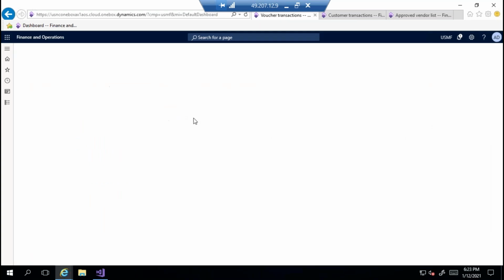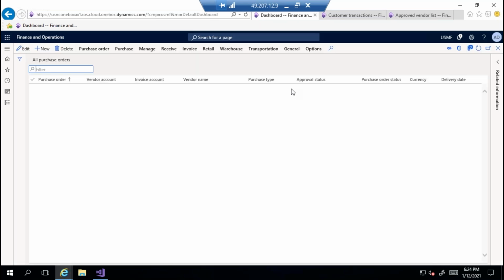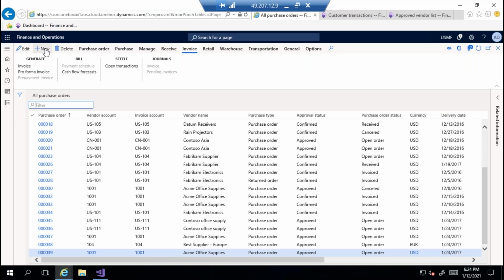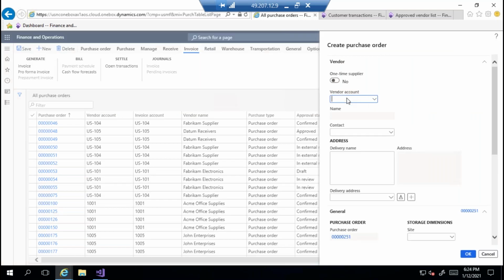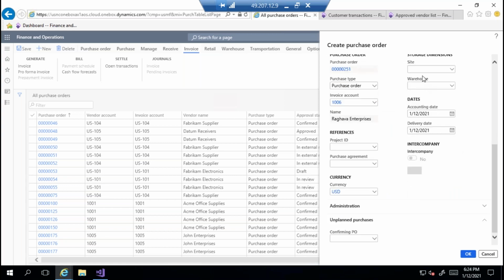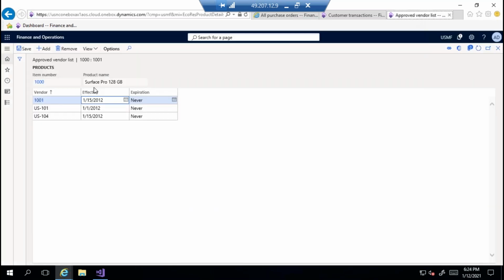Look at this one. This is a T&L topic, but let us understand. Around 10 to 15 percent, both the finance team and the T&L team will learn together. So I'm selecting this and creating a new purchase order, suppose 1005 or 1006. I'm selecting the site and warehouse. Click OK. Now, for item number 1000,